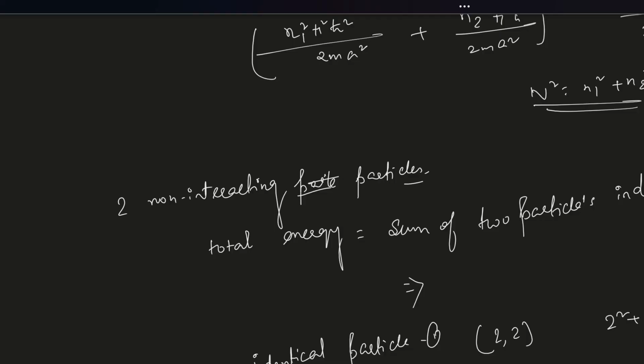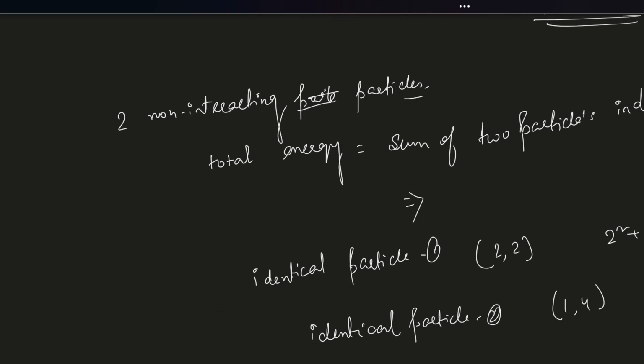And for the other, 2, 2 now becomes 1, 4, and this is again 1 square plus 4 square equal to 17. So the total energy for the whole system